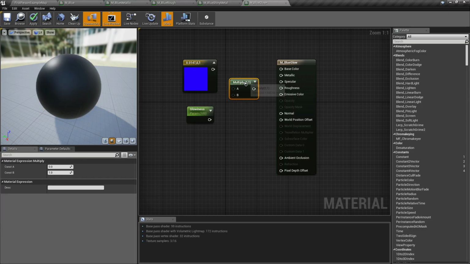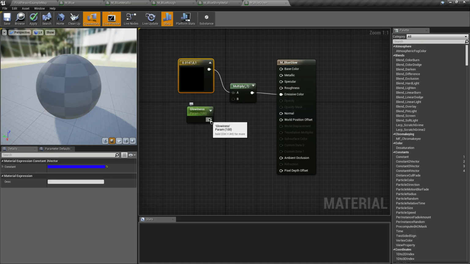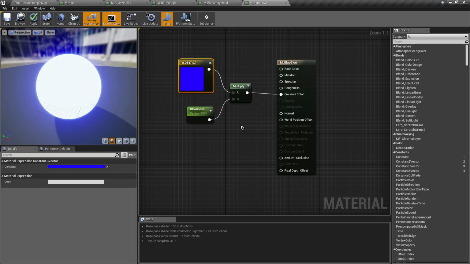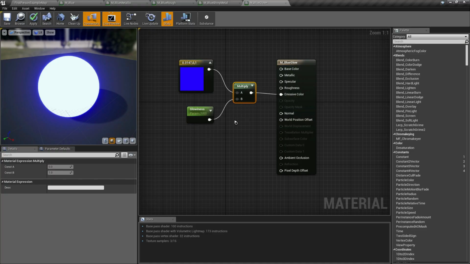After that, we connect the multiply to emissiveness, and the vector color we connect to the A connector, and the glowiness to the B connector of the multiply, so that we can combine the base color, which is blue, with the emissiveness to make it a glowing blue like this. That's how we apply emissiveness to our material.